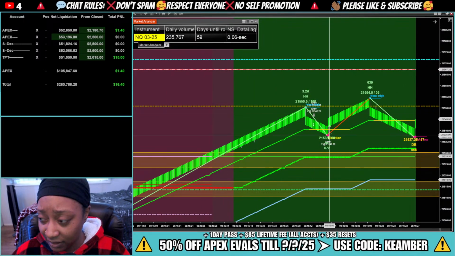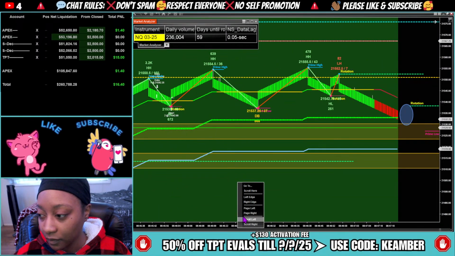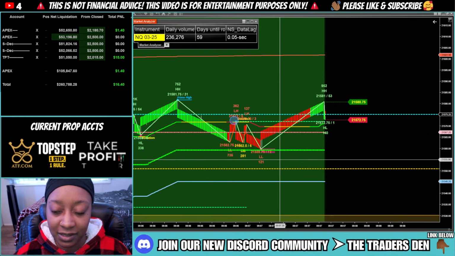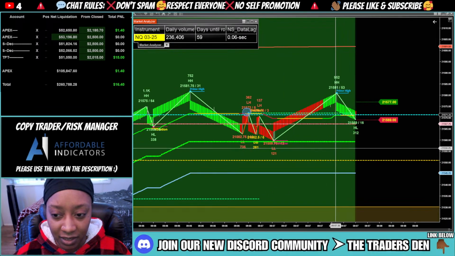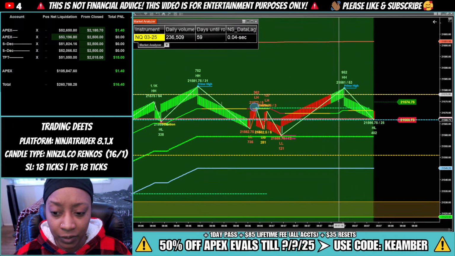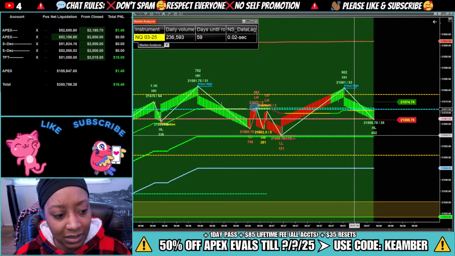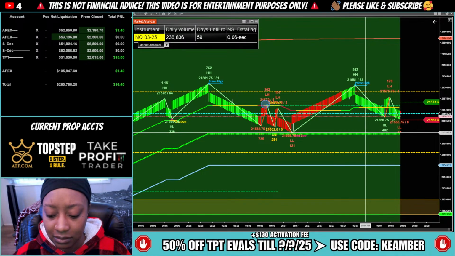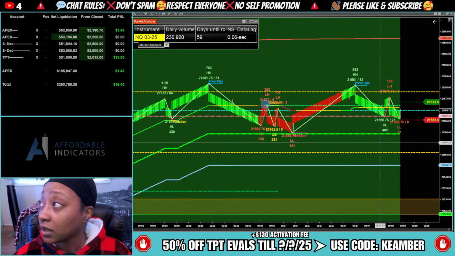This is the trade that I did take. Went 17 ticks, stopped me out. So I got the break even on it. But like I said, because I got one tick away from my take profit, I should have actually been taken out of that trade about 80% of the way there. The risk manager was supposed to take me out of the trade. As soon as I hit like $400 in profit, it was supposed to take me out. And going all the way to 17 ticks, even on 6 contracts, is like 480. So I was well beyond what I was supposed to be at. So I don't know why it didn't take me out. I don't know.